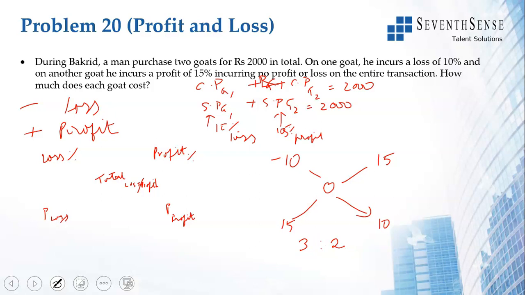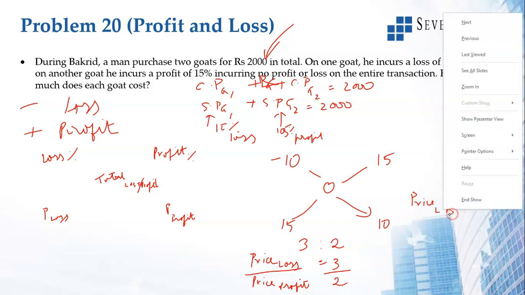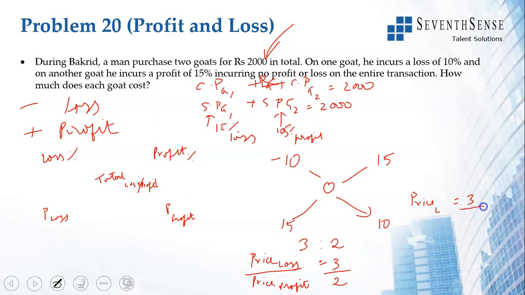So the price of the one that he is selling at loss and the price of the one selling at profit are in the ratio 3:2. 3:2 of how much? Of the total price. What is the total price? 2000. So if I have to find the price of the one selling at loss, I do 3 by 3 plus 2 into 2000, which is 3 by 5 into 2000,